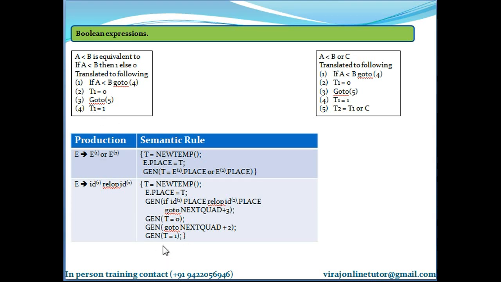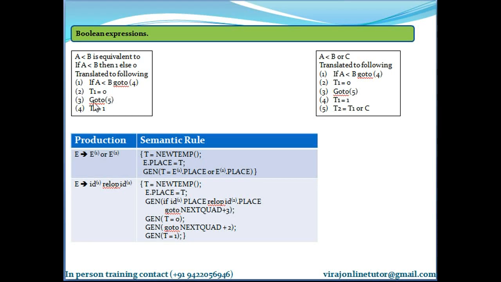Done. This is very simple. Just correlate this with the example. What am I doing? We create a temporary variable, assign it to E, then gen, meaning generate, if ID1 dot place relational operator ID2 dot place, in that case go to, this is 1, so 1 plus 3 will give you 4, that's why go to next quad plus 3.